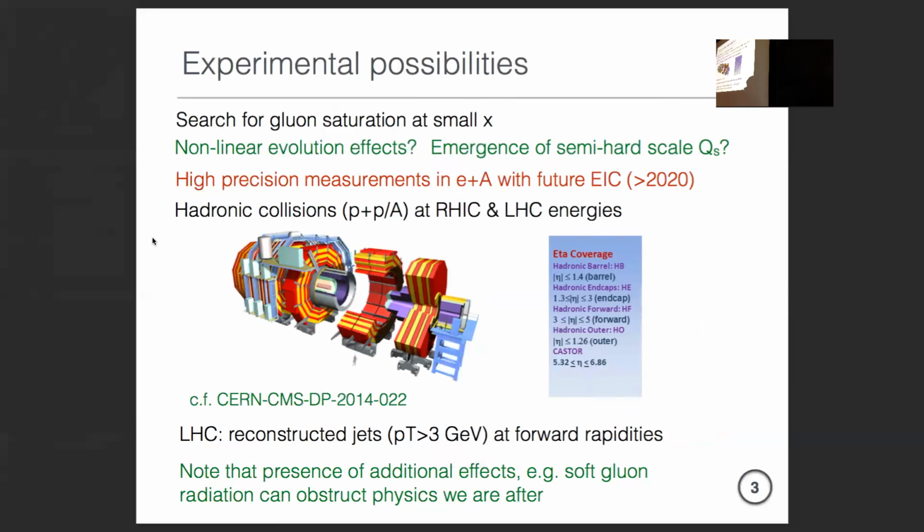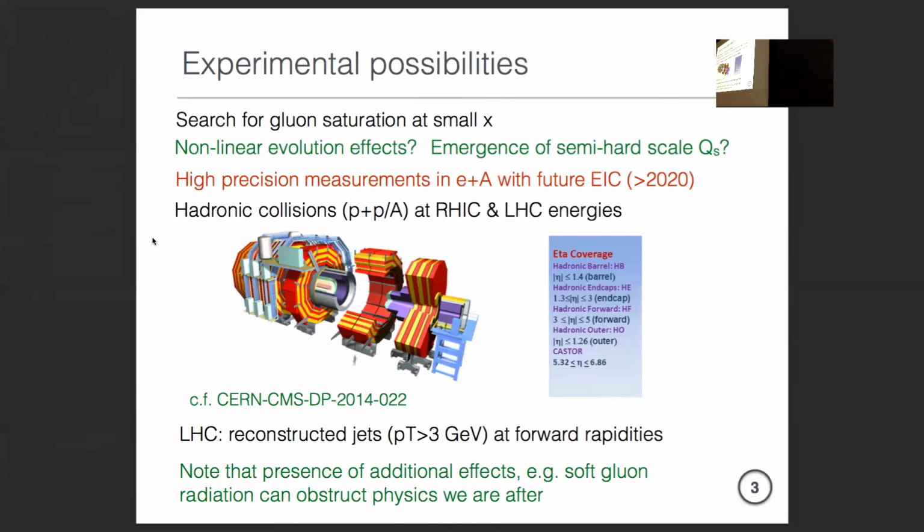Because the thing is, actually at LHC they have fantastic coverage also in the forward region over here. For instance, this CASTOR calorimeter, right? This is something that Christoph is involved with, which goes out to rapidities of almost 7. And so you can probably go to really small x also in the nuclear sites there.